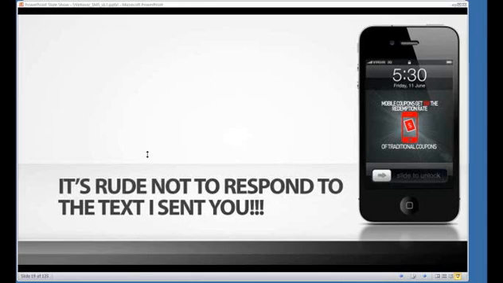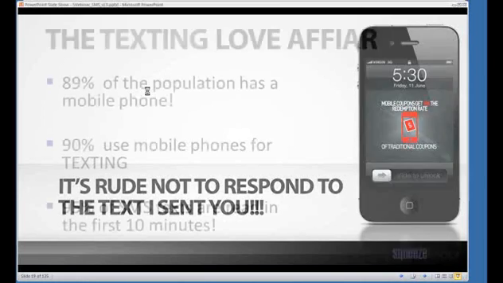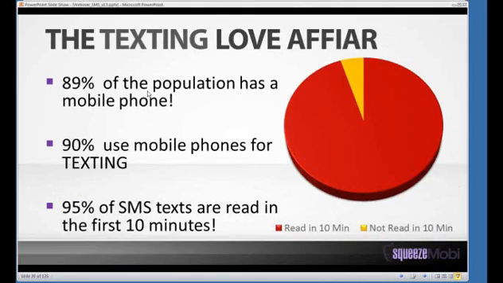I know Avi doesn't, but when you compare it to email, email almost is like a shot in the dark these days compared to text messages, because text messaging is completely and differently effective, and 89% of the population has a mobile phone.